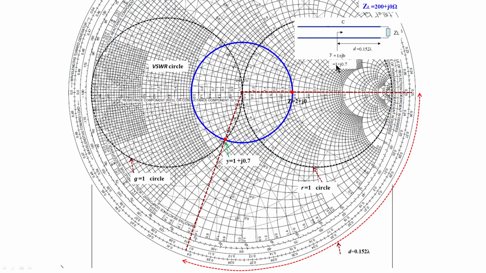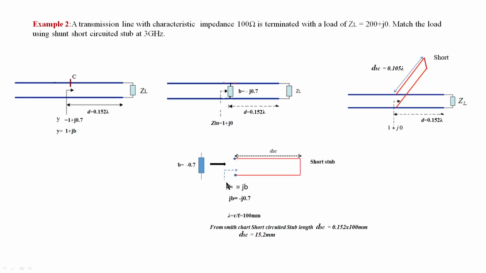Our required value, G, is 1, and it may be anything. So we have the B value here. Next, what we have to do, you should cancel that. We got here 1 plus 0.7. So you should connect an opposite reactance here such that this value will cancel. So next, we connected the opposite susceptance, minus j 0.7.